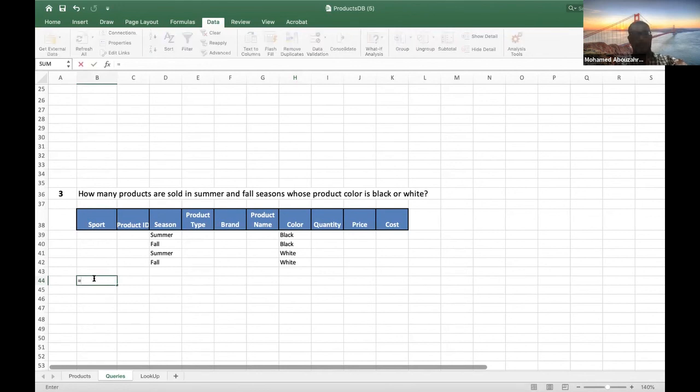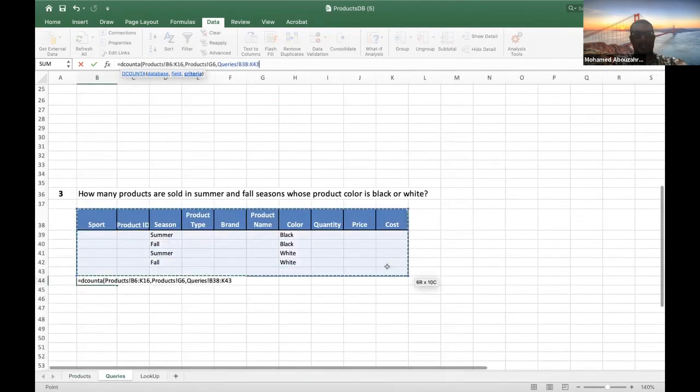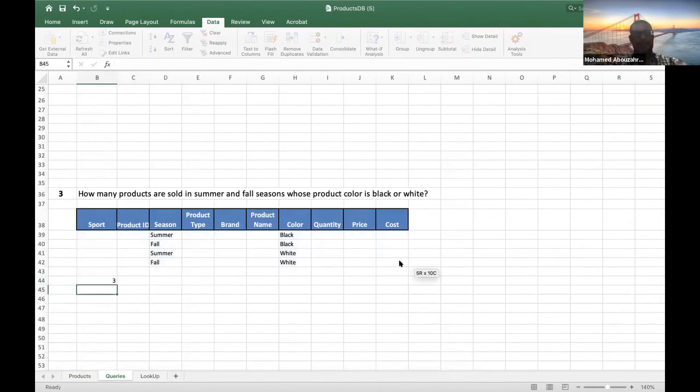So again, we are going to do the DCOUNTA function. Okay, and then select all our data. When you are only in the count function, you can select any column name. In any other functions, you need to select a specific field, but here you can select any field. So I'll select the product name. And then the criteria, I'm going to select this whole criteria, close the parenthesis, and we